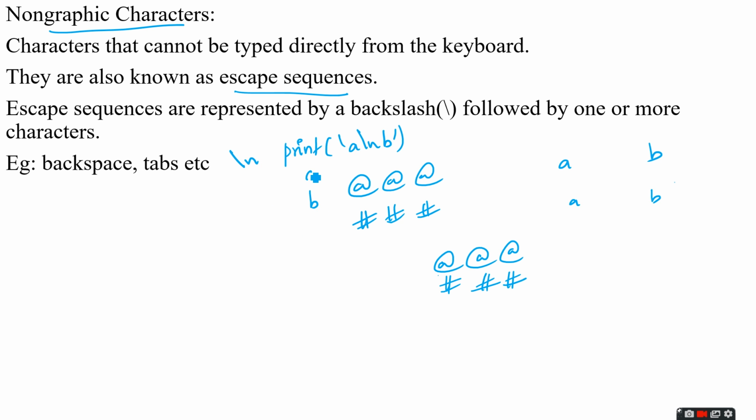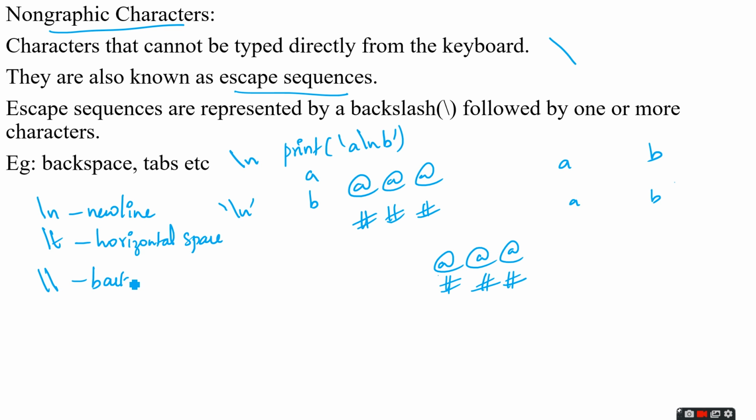So escape characters are the sequences represented by a backslash. For each escape character, there will be a backslash followed by one or more characters. Example, backspace, tabs, etc. The escape characters we use are \n for new line. In Python, if you write \n inside single quotes or double quotes, we will move to the new line. With \t inside quotes we get horizontal space. For backslash, we use two backslashes like this.